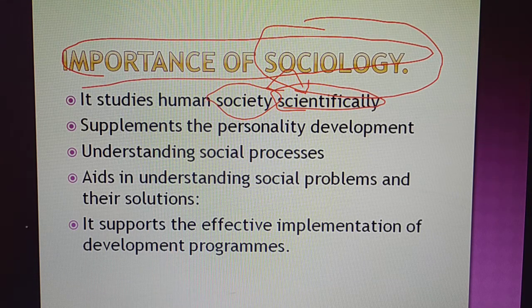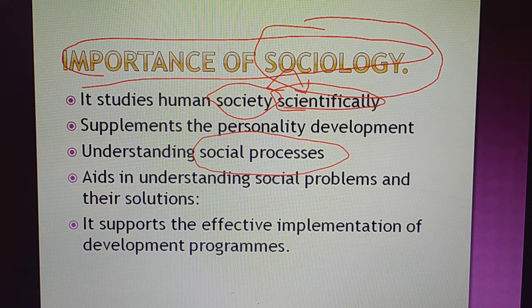And next one, understanding the social process, how the social process is carried out in the society. If you want to understand it, then the knowledge of sociology is very, very important. And sociology always gives aid to the proper understanding of the social process by studying the religion, tradition, culture, social rules, regulations, values and ideas of various societies. So these aspects of the society are studied in sociology.